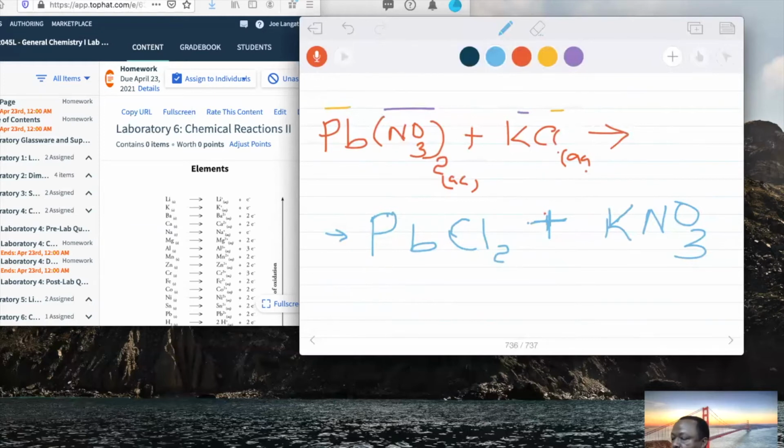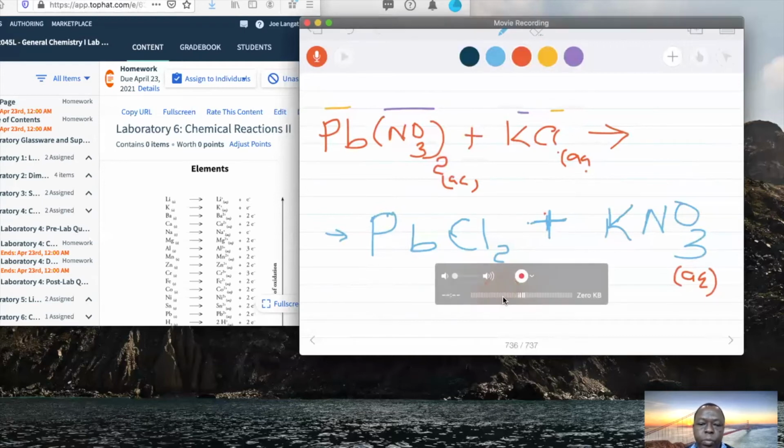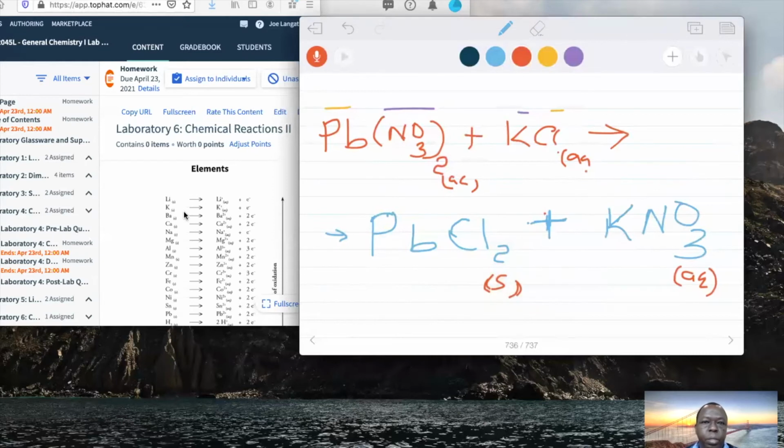Here, I know this is solid. I know this is aqueous. I didn't memorize that, and at your level, I don't want you to go around memorizing all the compounds which are aqueous and so forth. No, I don't want you to do that. That's not the best way of learning the